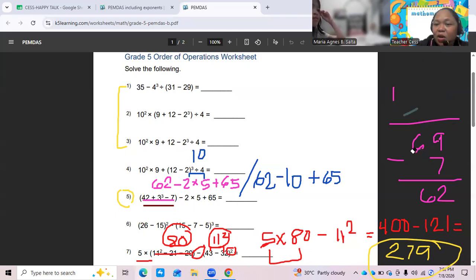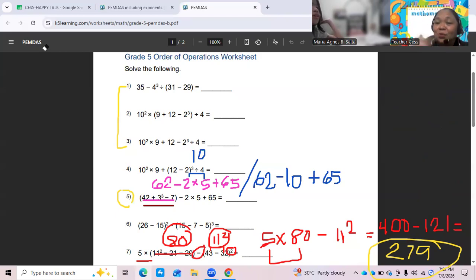The remaining operation is subtraction and addition, so they can switch. You will follow the operations from left to right. They can switch because of addition and subtraction. Like subtraction, yes, you will do subtraction then addition because you operate from left to right. The same applies if addition and subtraction, or multiplication and division, are combined.